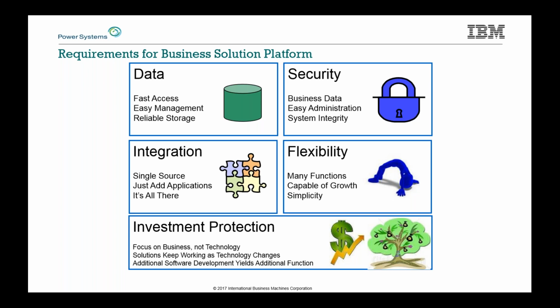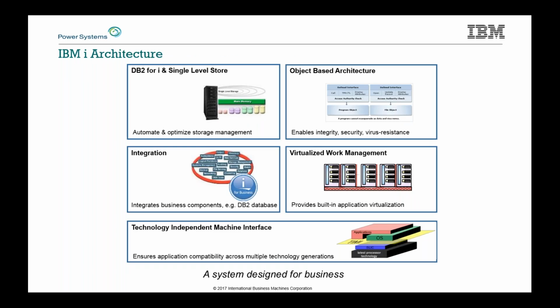And then we wanted to make sure that we could protect the investment of those solution providers so that if they wrote a piece of code that took 6 people a year to do, they wouldn't have to redo that just because we changed the hardware underneath the covers. Okay, well, that's a still radical idea these days, but we created an architecture from the AS400 days to be